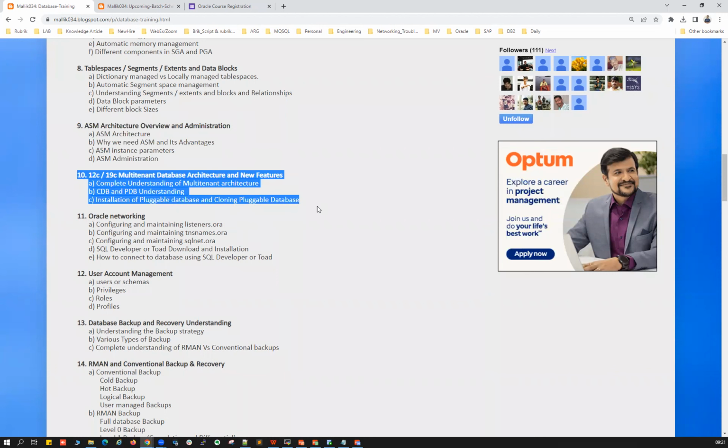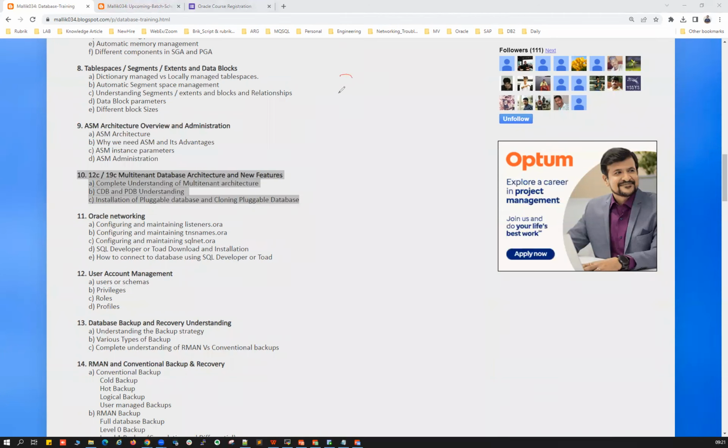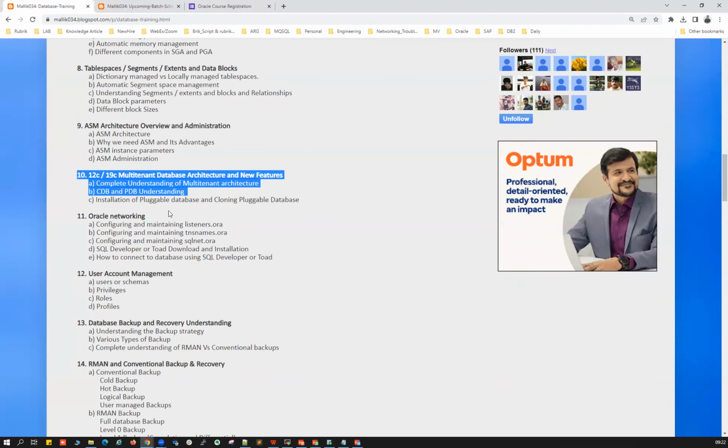Chapter number 10 is about your multi-tenant architecture, very important. As an Oracle DBA, our future focus will be multi-tenant architecture, CDBs and PDBs. Starting with 21C onwards, it's all about multi-tenant architecture. So there is no normal database concept. From 20C onwards, whatever we administer as DBAs, everything will be multi-tenant architecture. So it's mandatory for all DBAs to learn multi-tenant architecture. We'll do a complete end-to-end understanding of CDBs and PDBs and multi-tenant architecture, and CDB and PDB cloning, backups, restore and recoveries. All those things will be covered here.